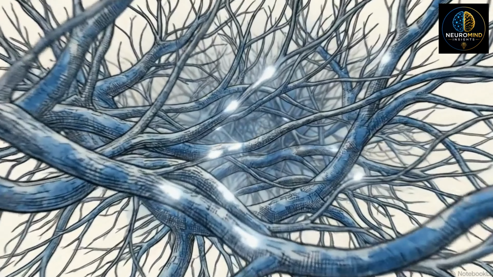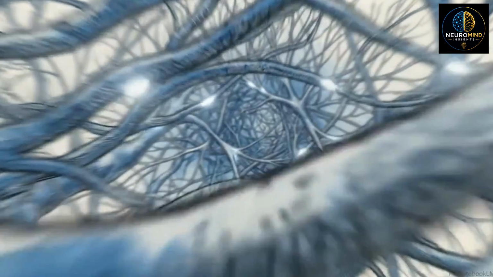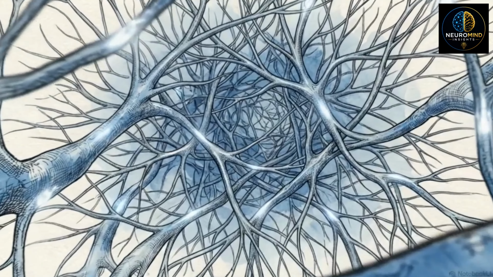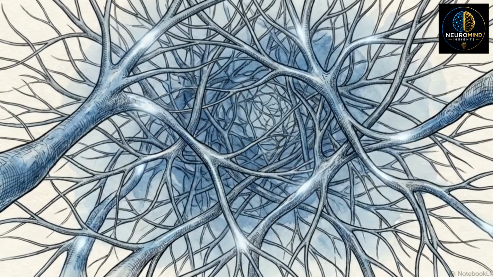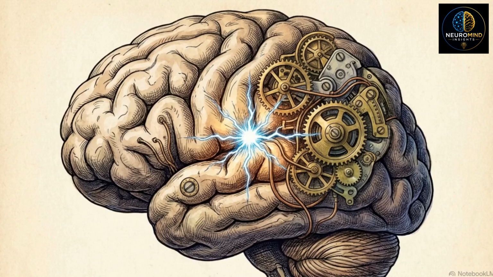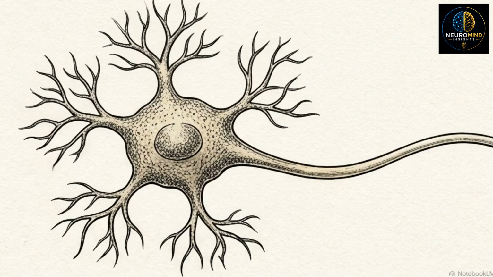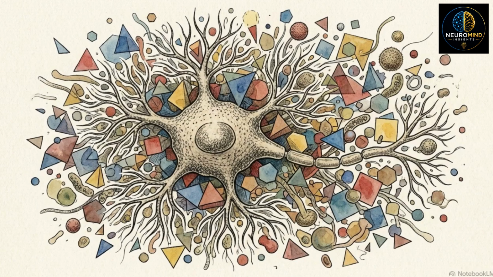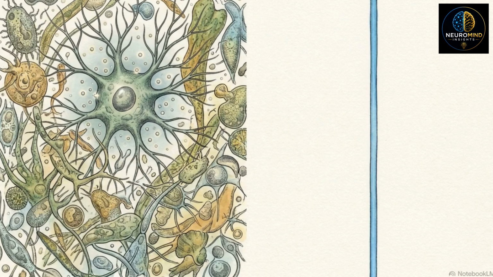Every thought, reflex, and sensation you experience relies on a single biological mechanism, the electrical firing of neurons. The brain operates as a biological computer, and this electrical spike is the language it uses to process the world. But an individual neuron does not naturally communicate in clean digital signals. It receives a chaotic mess of analog chemical inputs from thousands of neighbors. Its primary task is to synthesize that chemical noise and convert it into one binary electrical output.